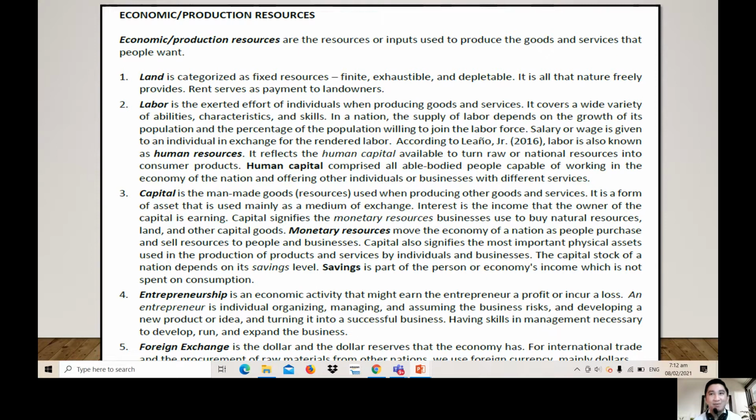So entrepreneurship, it's more of kung walang businesses, so wala ding magpo-produce ng goods and services natin. So actually, they're individuals or business owners that assume really business risk. Risky naman kasi magpo-put up ng business. Kasi what if yung business na in-establish mo is hindi naman ganun ka-click or in demand in the economy or in the society. So may risk talaga doon. But if ever that risk really bears fruit, then maganda naman, okay? The higher the risk nga, the higher also the return. So that is why